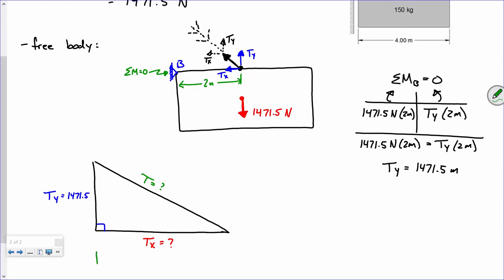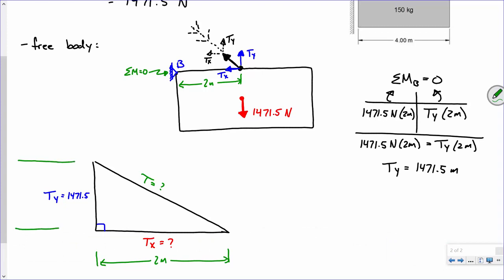What is this dimension? What is this dimension? So how do we find what that dimension is? Oh, I can do a little better than that. How do we find out what that is? Pythagorean theorem. So what I'll say is the hypotenuse